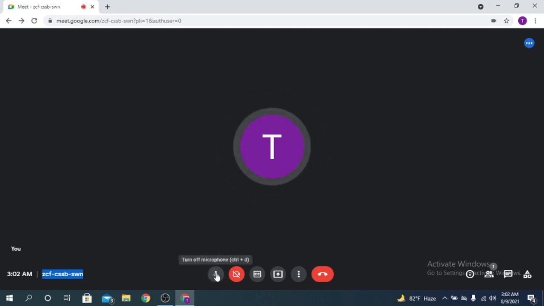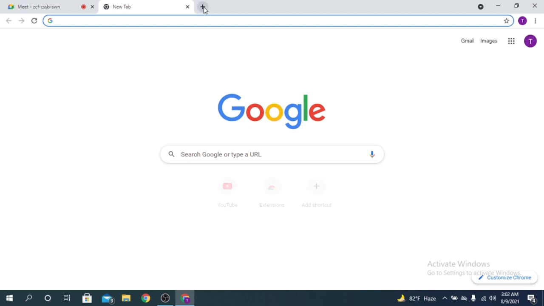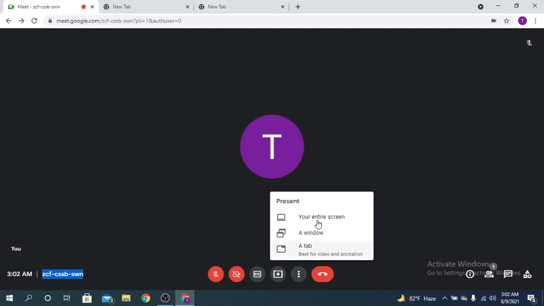This is the microphone option. You can turn off your microphone or you can turn on your microphone. And this is the option to present. There are two options. You can share your entire screen, or you can share just a window, like this window. I want to share just this window. A window means, for example, all these three tabs together, and this is the whole window. And if you separate a tab, that will make another window.